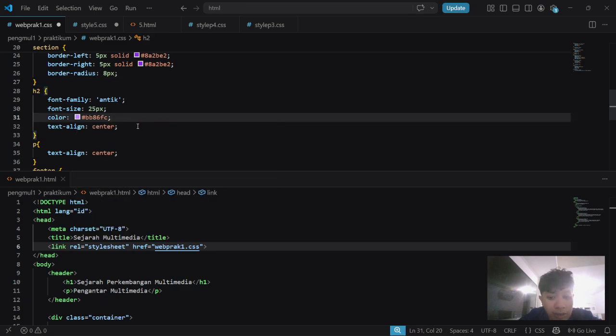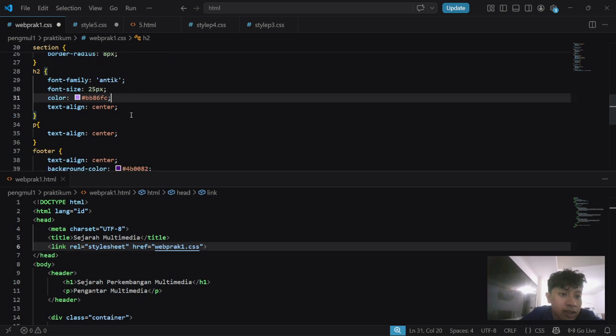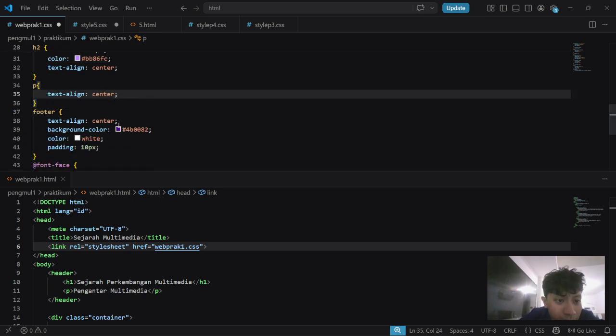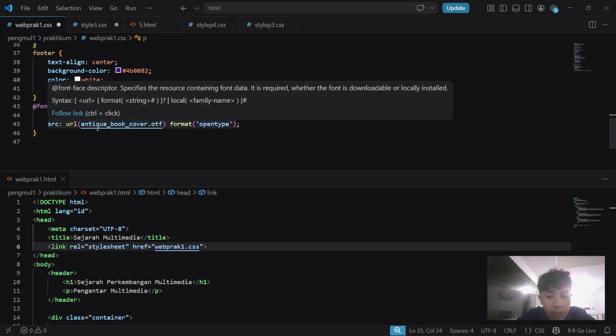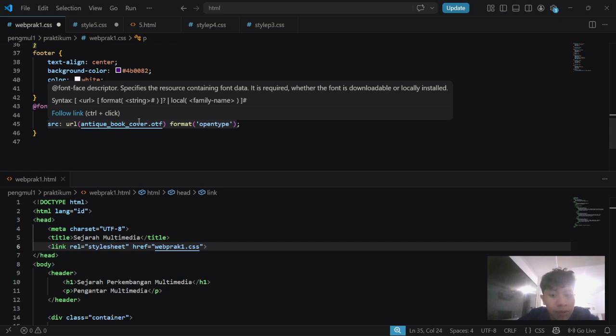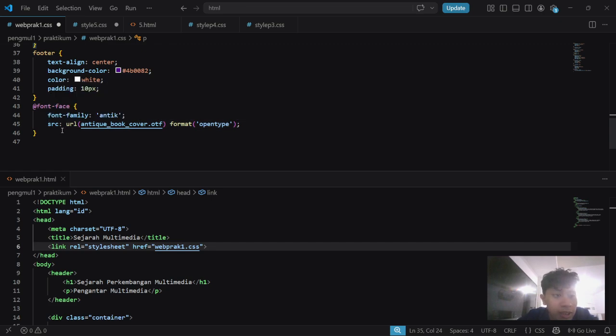As usual, I use this to align my text to the center, and the paragraph is the same, aligned to the center. The footer has the same background color, color, and padding to create some more space, around 10 pixels. And then the last one is the @font-face. This imports a custom font file, which I include in my folder, and applies it to the headings.